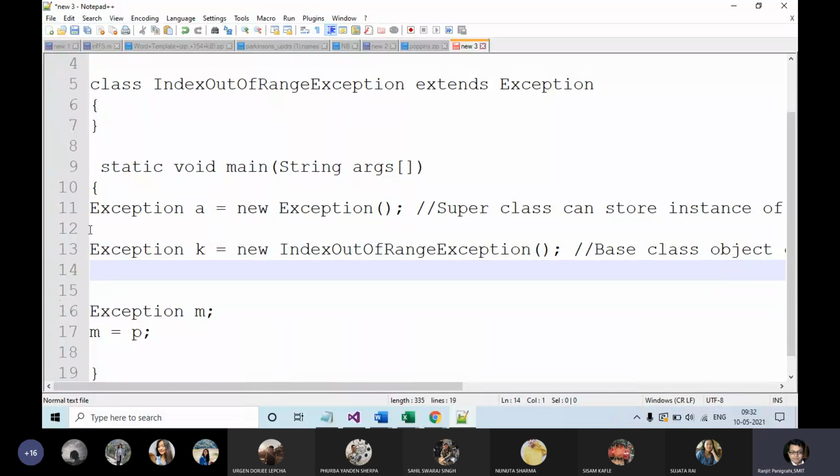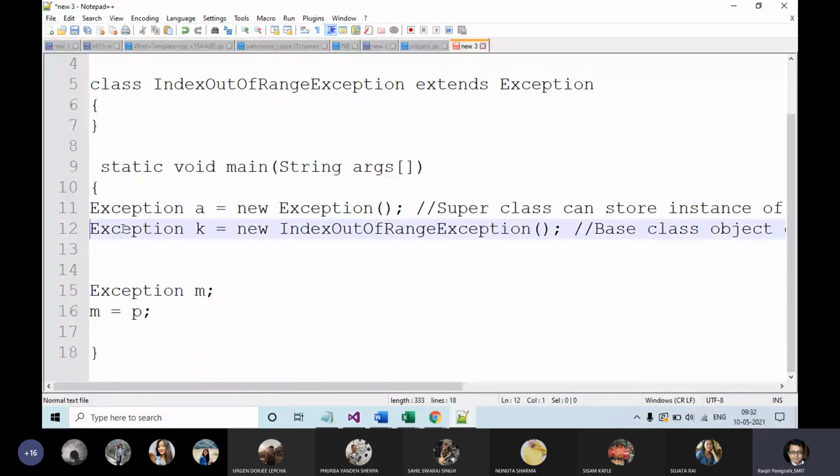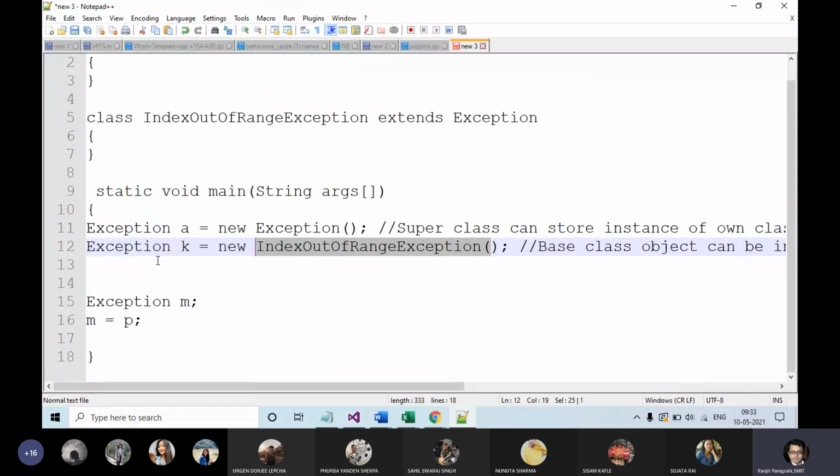So a derived class or a parent class object can be initialized using its own constructor or own class, or it can be initialized using what? The derived class instance. ये दो चीज समझ में आया? Now this thing has been happened in this way.